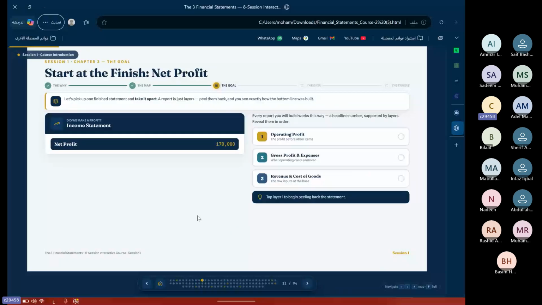Okay, and this is the question that the income statement answers. Your profit is 170 lakh. So this is the final result. But to bring this net profit, you have to have some steps in your income statement. So we need to know each step because we will build it line by line. We know the first step and the last step, and we need to know all the steps in between.